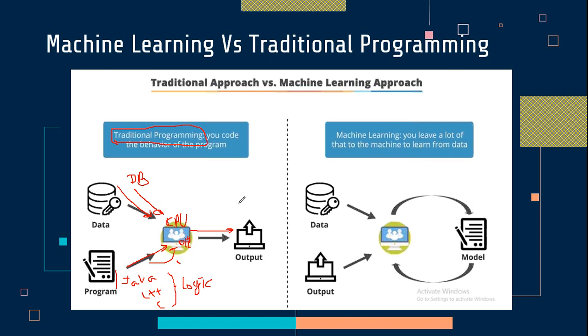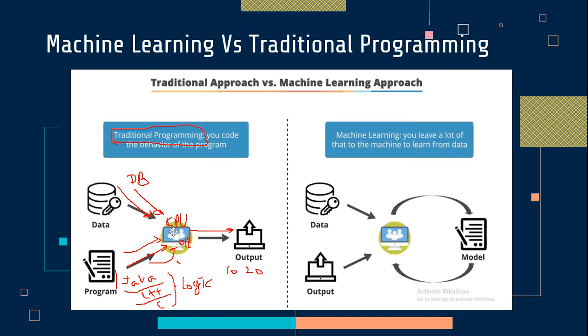Now let us consider one example related to traditional programming. Let us consider you want to do the addition of 10 and 20. What is the program here? The program is to write the addition of two numbers, where the first number is 10 and the second number is 20. You have to use C++ or Java, write the code for addition of two numbers, and send it to the CPU.